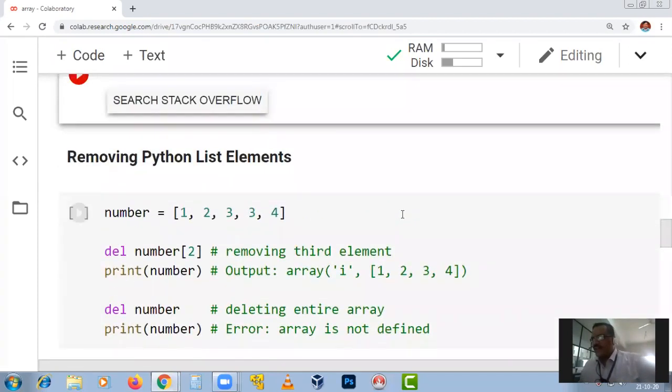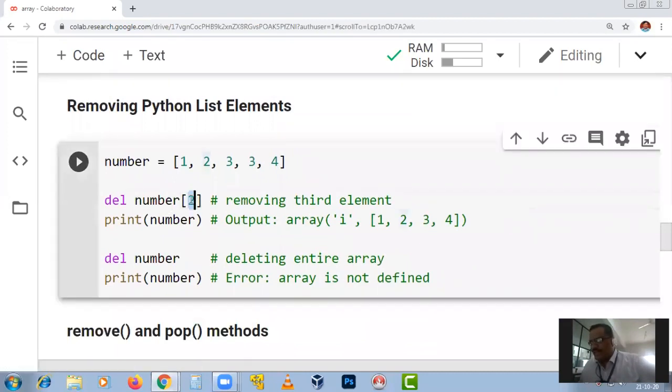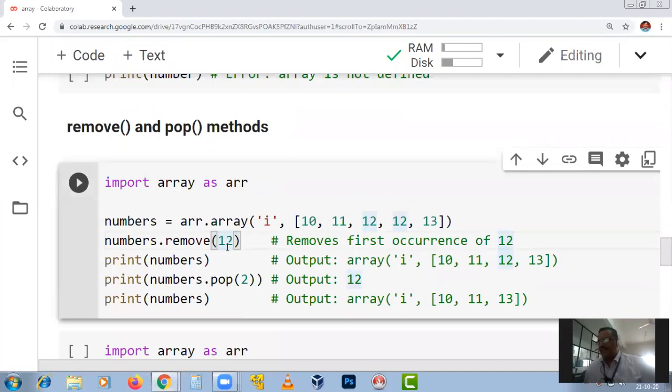In the previous example, you gave the index number, num of 2. That means the index number you specified, it went to that particular index and it got deleted. But here, if I give 12, 12 will be searched in the list or array and it will be removed. The first occurrence of that number is removed.